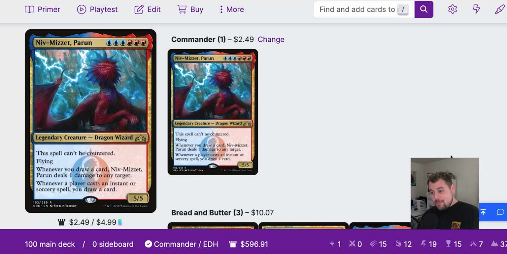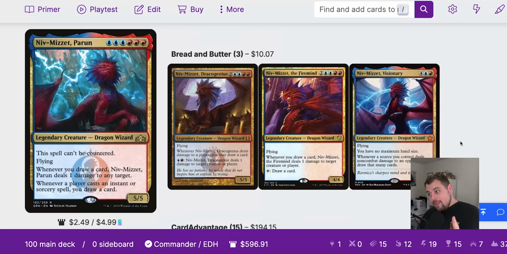We got Niv-Mizzet, Parun, of course, the commander. Triples on the pips, blue and red. Can't be countered. Flying. Whenever you draw a card, it deals 1 damage to any target. Whenever a player casts an instant or sorcery, you draw a card. So as you can imagine, this thing combos with a lot of stuff, including new Niv-Mizzet, which is Niv-